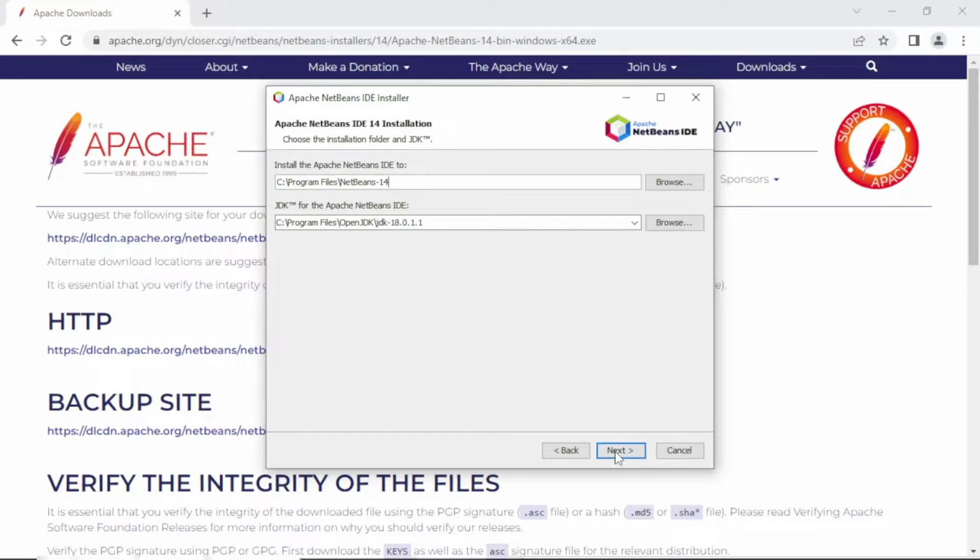We can choose the install directory and the location of our JDK. You'll notice for this installation, NetBeans version 14 will be installed in the C drive Program Files directory. The location of the JDK has been found in C Program Files Open JDK, JDK 18.0.1.1. If you watched my video on installing and configuring the JDK, you'll remember that this is the directory that we chose to install the JDK into. I'll click Next,